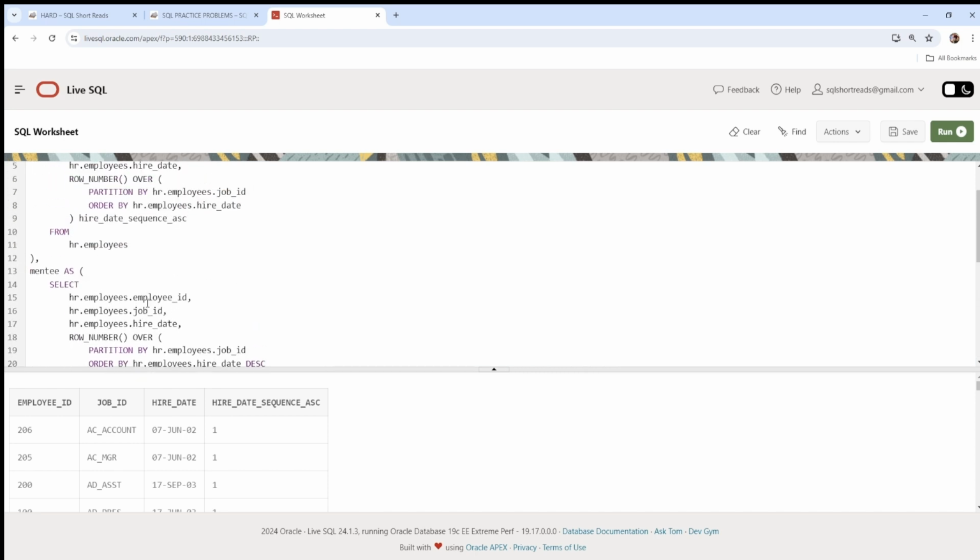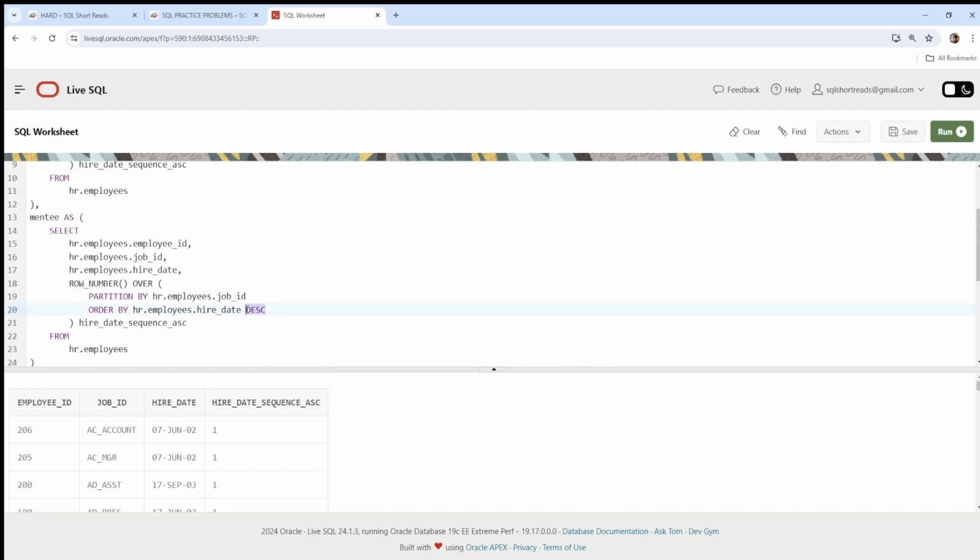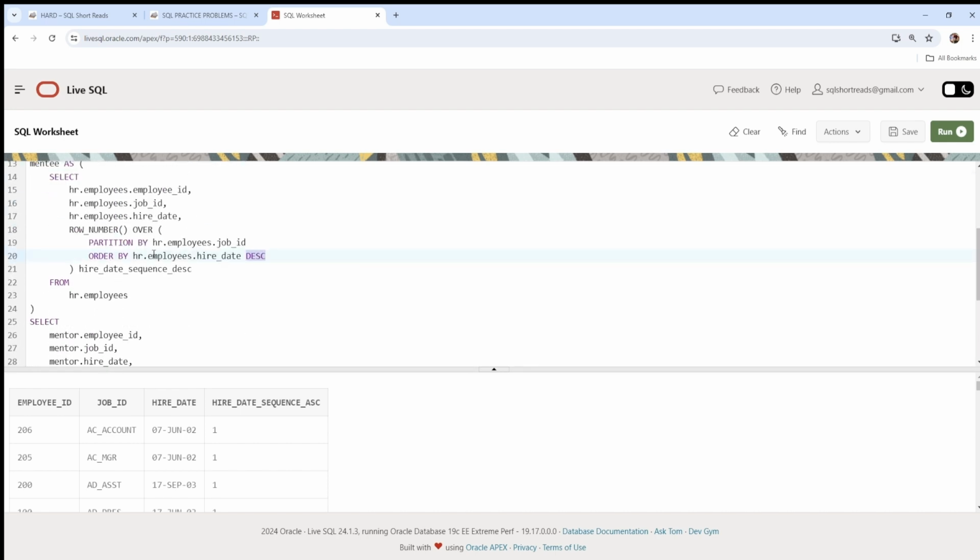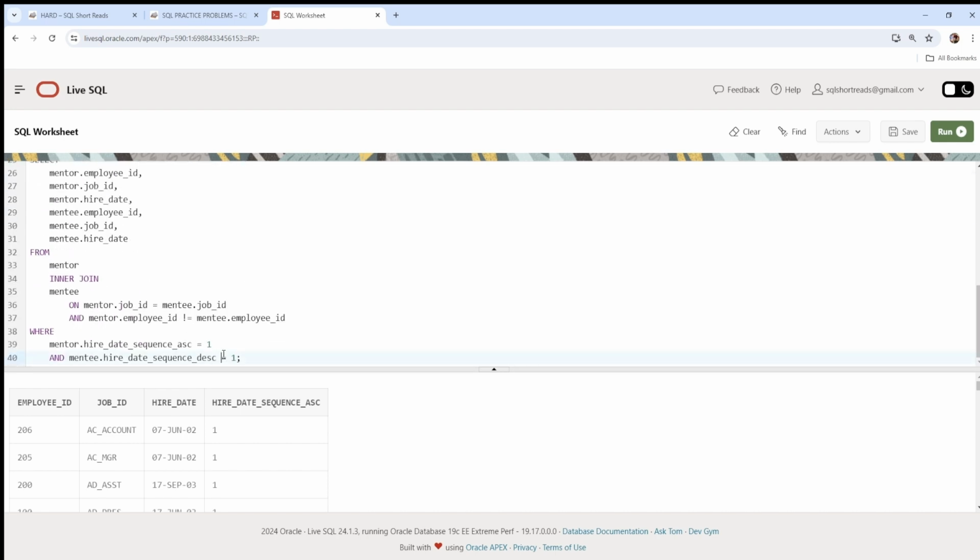So let's just go back up here. When we changed this, we also need to change this. This makes more sense to call a hire date sequence descending when we're actually sorting the records or the employees based on their hire date in descending order. And for the sake of this query working properly, we also need to do that. So we have mentor.hire date sequence ascending is equal to 1. So those are our mentors